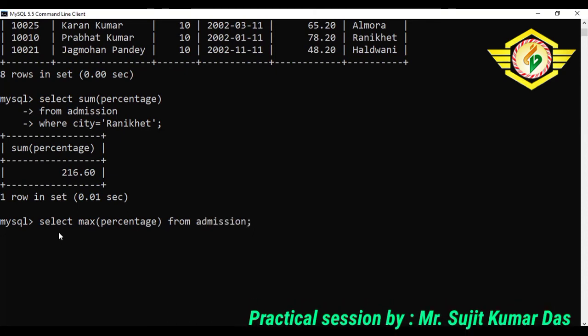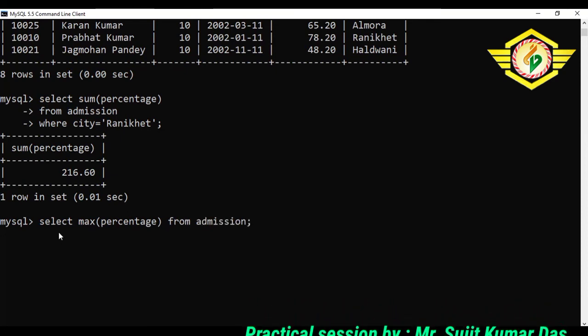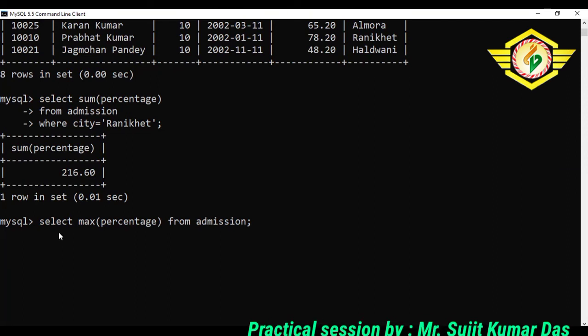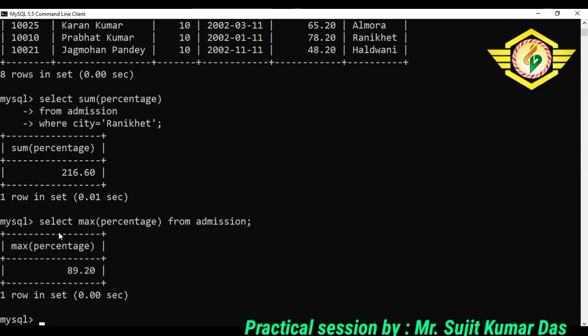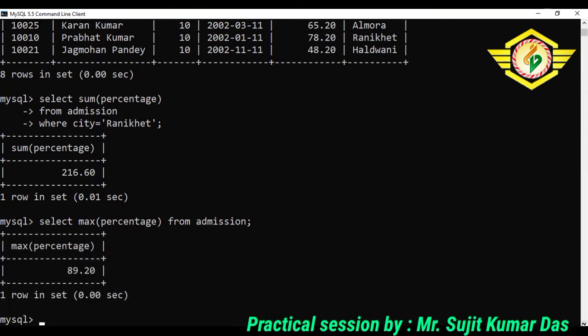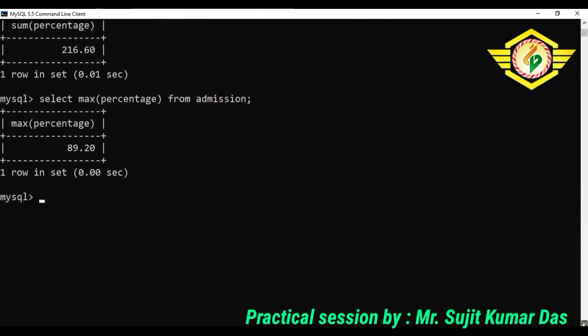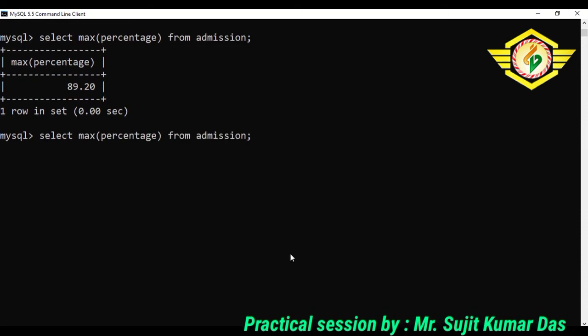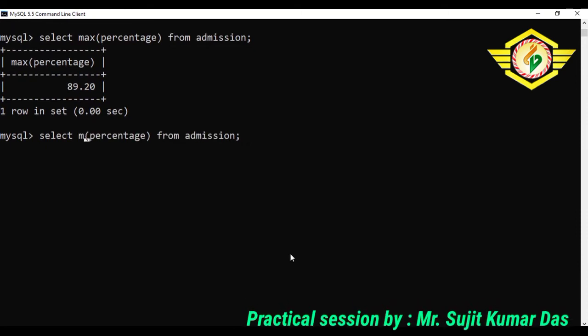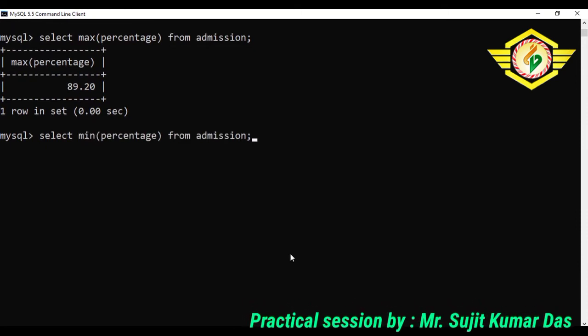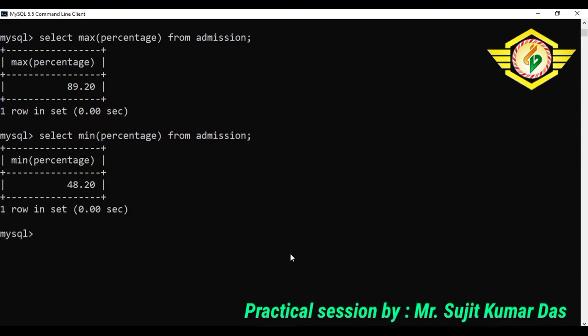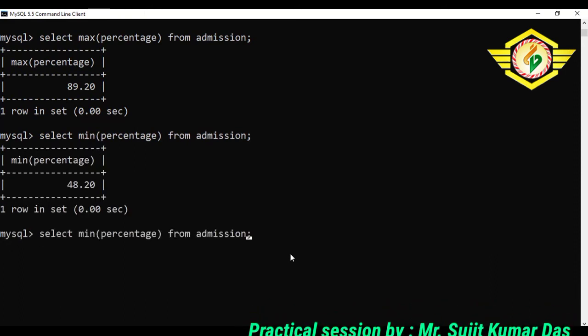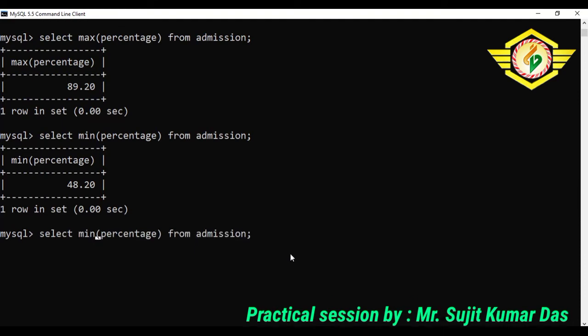I want to get the maximum percentage of the students that are in my table. I would write this command that will give me 89.20 as the maximum percentage. Then I can change max to min to get the minimum percentage. 48.20 is the minimum percentage. I can also check for the average percentage.